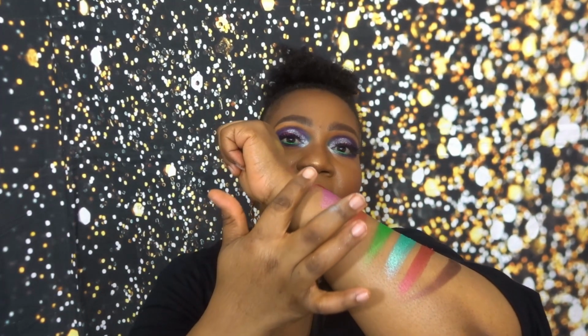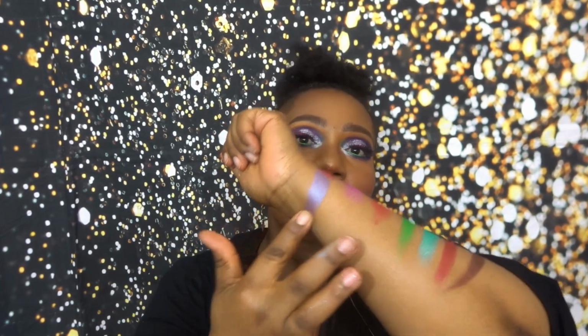For the fourth row, again, I'm swatching 4 shades, and it's because they are irresistible. Actually, if you only buy one palette from this brand, let it be this Shimmer Down palette. Honestly, it's gorgeous. So we're gonna do the next ones on this side. So if I just turn my hand like that,